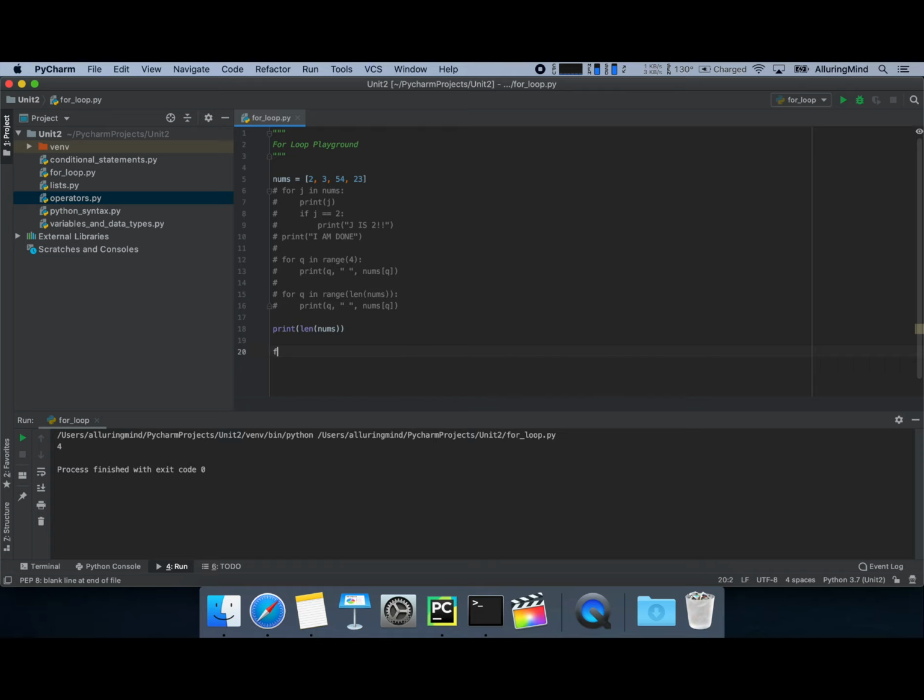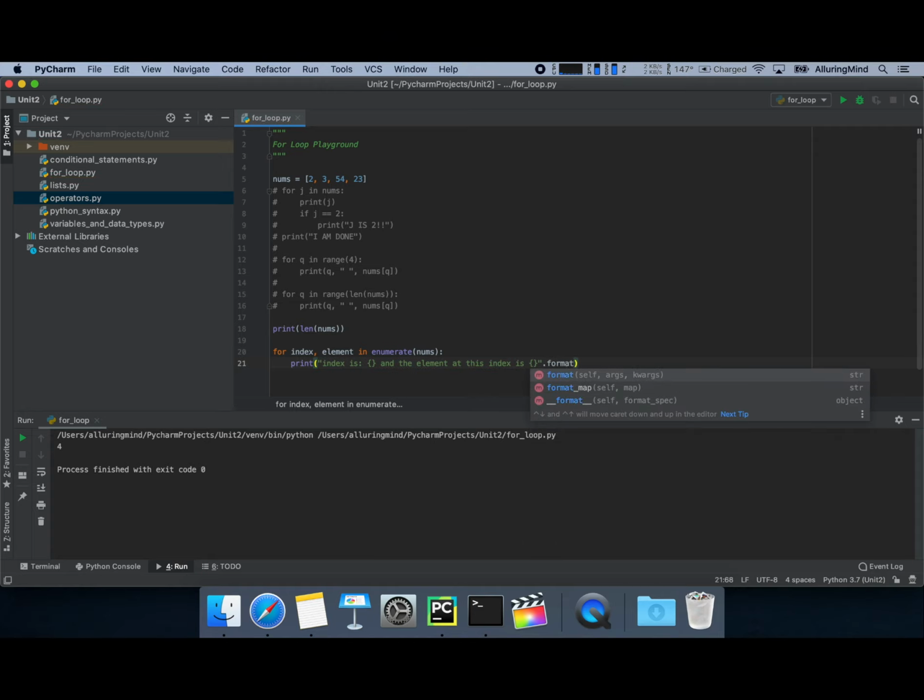So here's an example. For index, element in enumerate, and we'll use our list. And here we can simply print out what's going on. So index is, and the element at this index is this. And notice we're using special curly brackets here to make our string print statement much more clear. And we'll pass our element here, which is index and element, right? So upon running it,